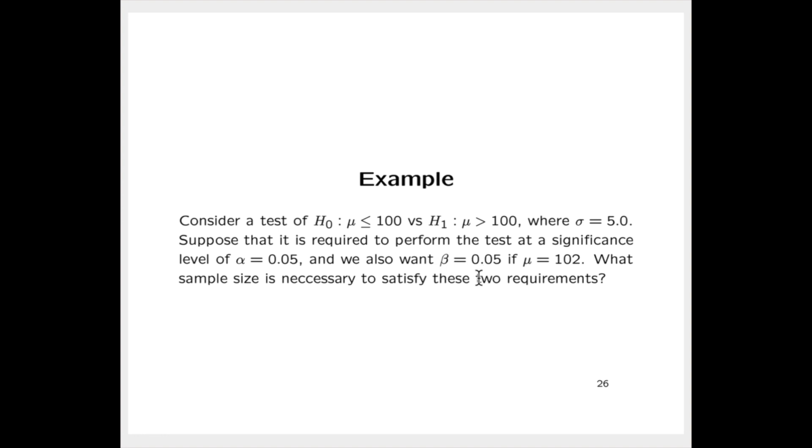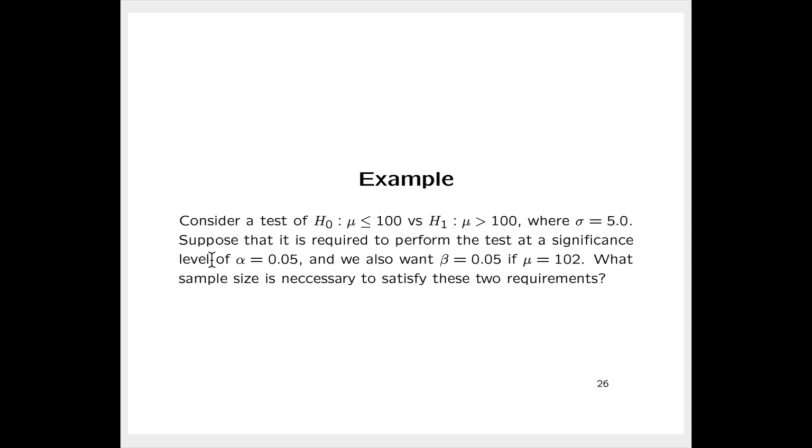And in particular, we want it to be, in this case, 0.05. What sample size is necessary to satisfy these two requirements? So you see here, this is the kind of question that we can consider when we're designing our experiments, so that we can, based on assumptions about levels of variability in the population, and taking into consideration values of the parameter that are either clinically relevant or scientifically important, we can determine the appropriate sample size to use so that